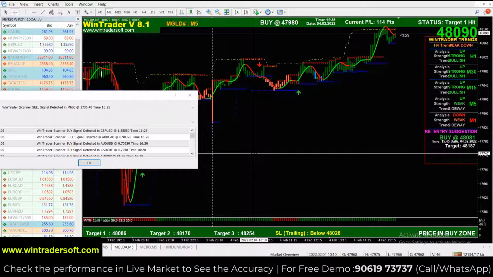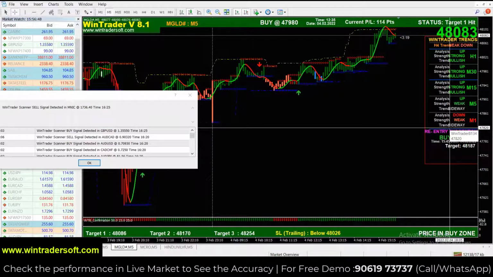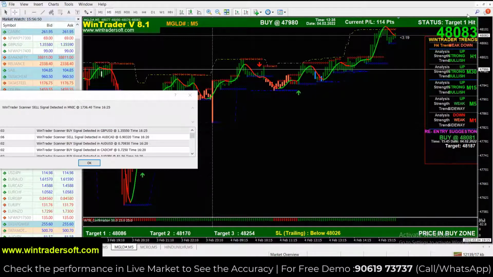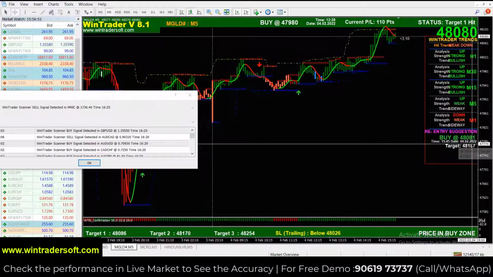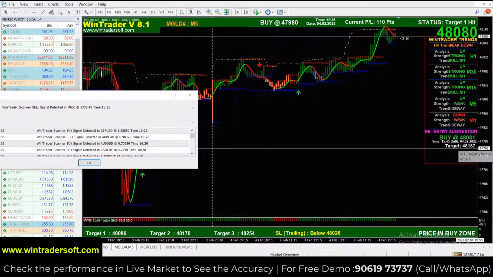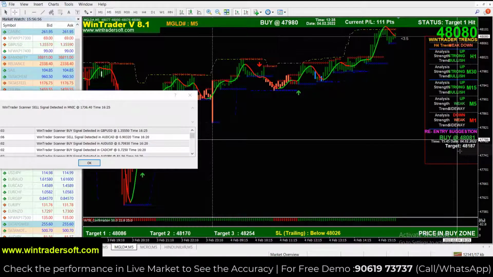For example, if we enter a trade and we exit with our first target, after we exit with the first target, if the market is continuing, then the software automatically gives re-entry suggestions. Re-entry means the software gives an entry point, a separate entry point. As per the current market rate, the software gives a separate entry and a separate target. So if you want, you can re-enter at that level, and we can exit with that. It totally depends upon the customer.